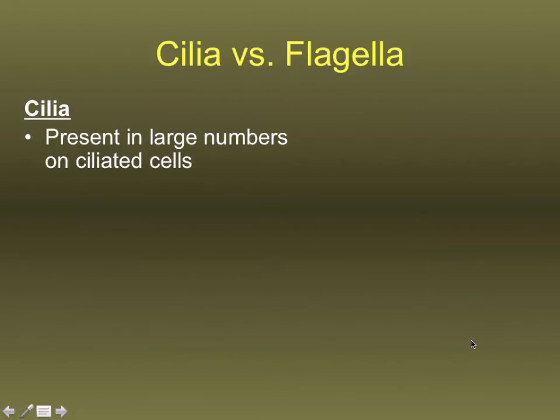We can also look at movement. Cilia versus flagella. Cilia tend to be present in relatively large numbers. Cells that have cilia tend to have hundreds or thousands of them. And because they have so many, it becomes really critical that they cooperate with each other. If you think about a cell covered in hairs, little tiny fine hairs, if those cilia don't all cooperate with each other, if they all just start beating whenever they feel like it, that cell is going to swim around in a circle,